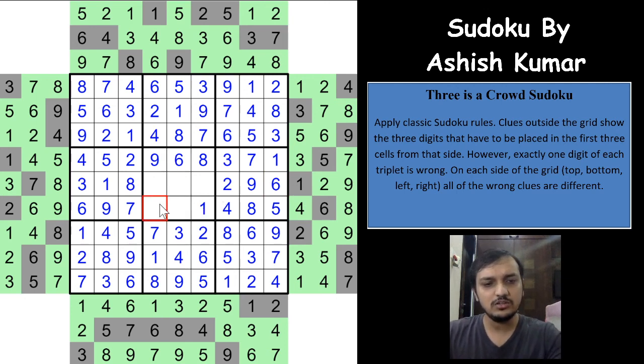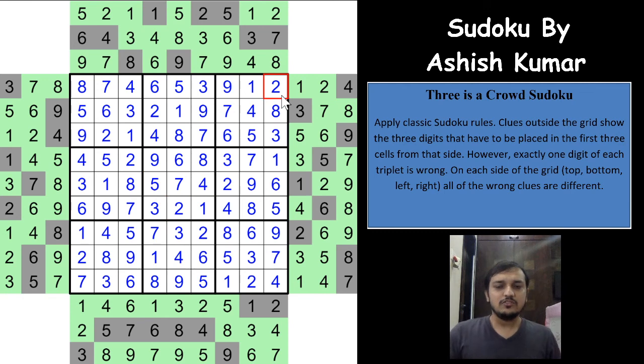The 2 and 3 will be here, and 5, 7 and 4. Which means a 4 will be here, a 7 will be here, and a 5 will be here. So we have completed this gorgeous, very difficult, very tough 3 in a crowd Sudoku. So I hope you have learned something from this video. I hope that this video will help you to solve the contest Sudoku very easily, and just make sure that